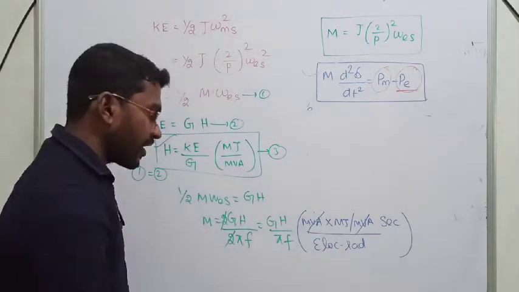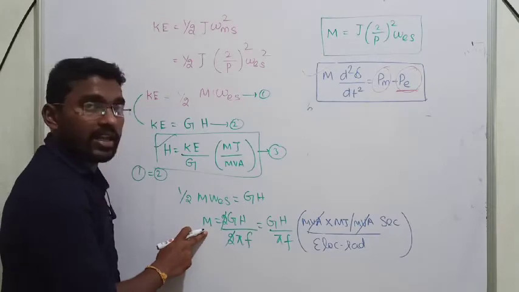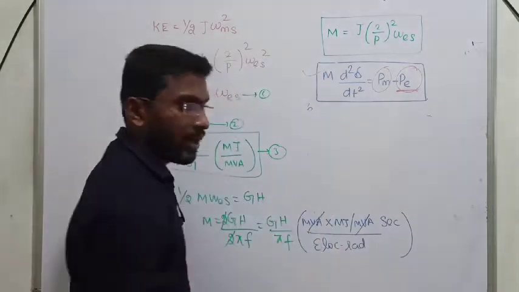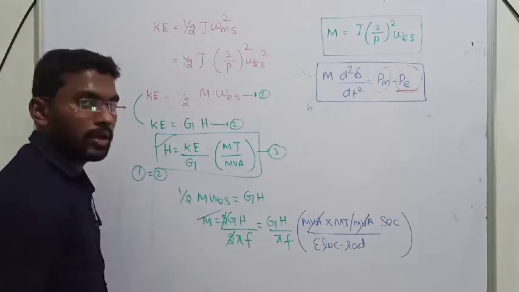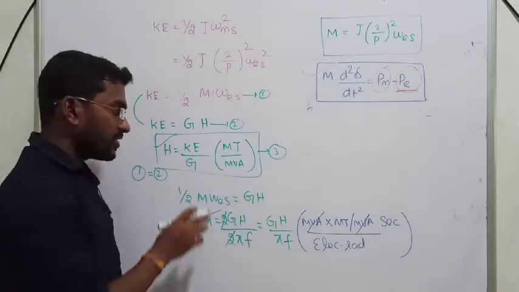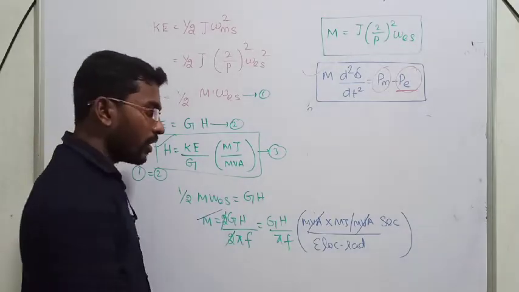Okay, so when they ask in the exam, find out the inertia constant M, and in the bracket they give 'in megajoule seconds per electrical radian', they are talking about M. Suppose the unit is given as megajoule per MVA, then they are talking about H. That is the difference between these two inertia constants. Okay, so let me extend the